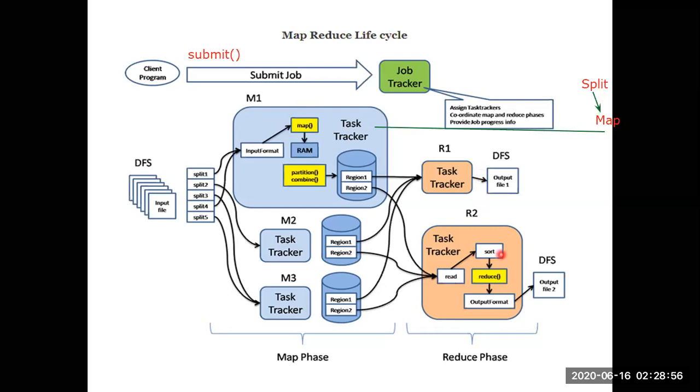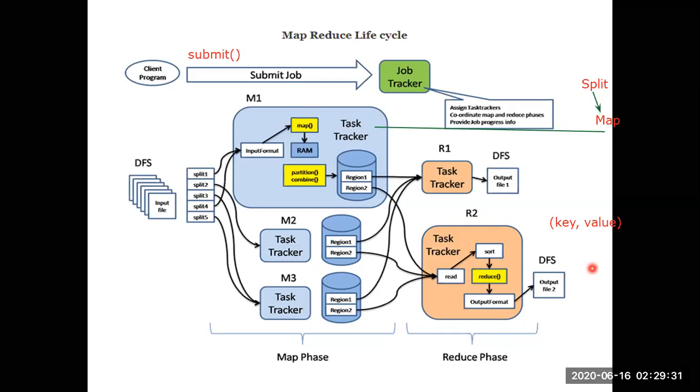Once after sort, it is going to combine the reduce method. Again, you will be getting the things in a key value pair, which always comes in a key value pair. Whenever we talk about these map reduce examples, we always treat them with respect to key value pairs. It is going to provide you the result in the proper format, then the output will be displayed in this file too. So it is a simple sort and shuffle.